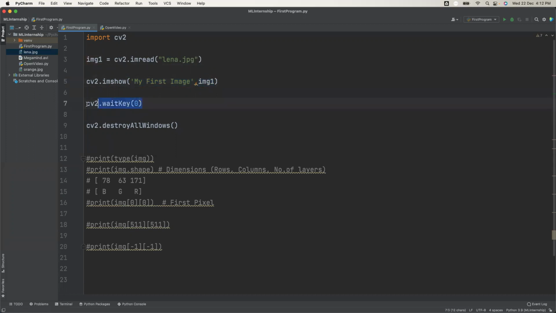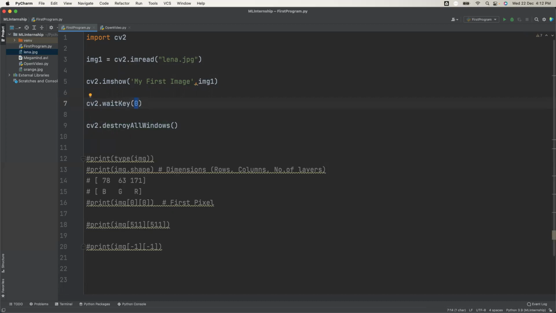Then after that, waitKey is important. If you are not giving this, your image will be shown for a fraction of a second and you are not able to see it. So you have to wait until you press some keyboard key. How much time do you want to wait? Zero represents infinite time.